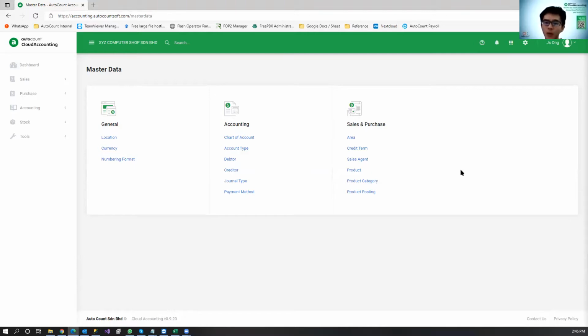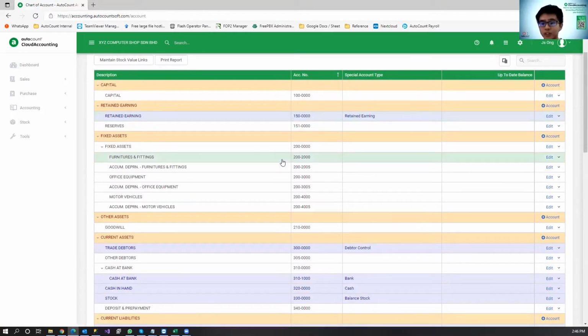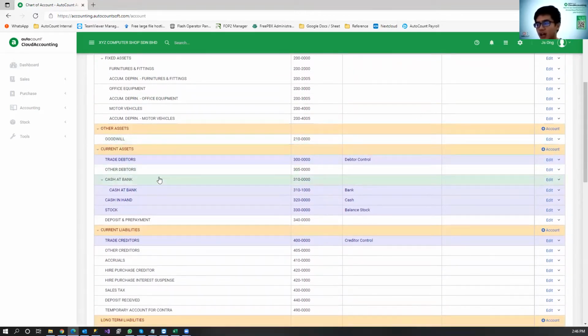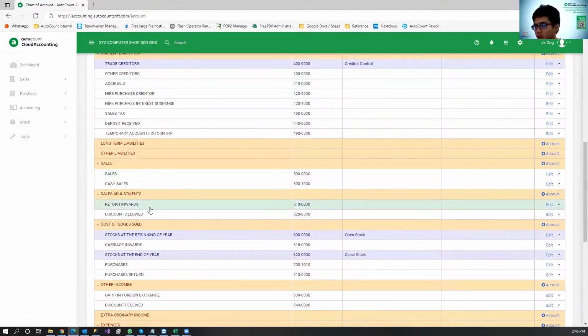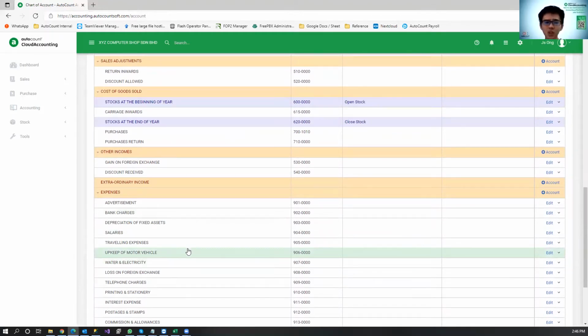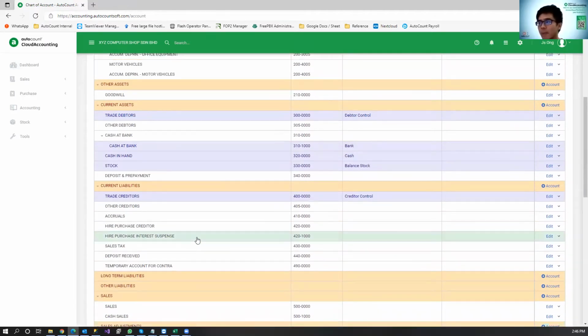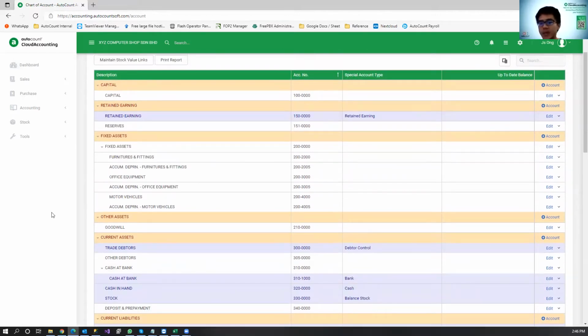For now, let's say I want to access my chart of account. So I just click on chart of account. You will see this is the sample chart of account that is generated by the system, according to what we chose, just a sample trading company. A sample trading company usually has fixed assets, bank accounts, cash accounts, discount accounts, purchases, expenses, and so on. So for example, today I want to create bank accounts because I could have multiple banks. Let's say I want to create a Maybank and a CMB bank.